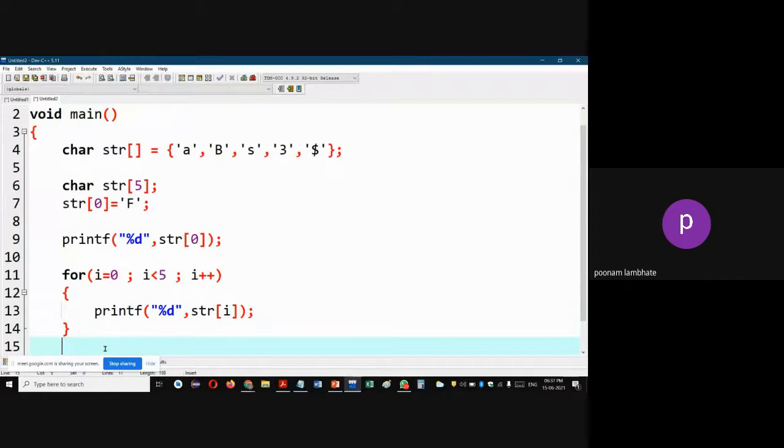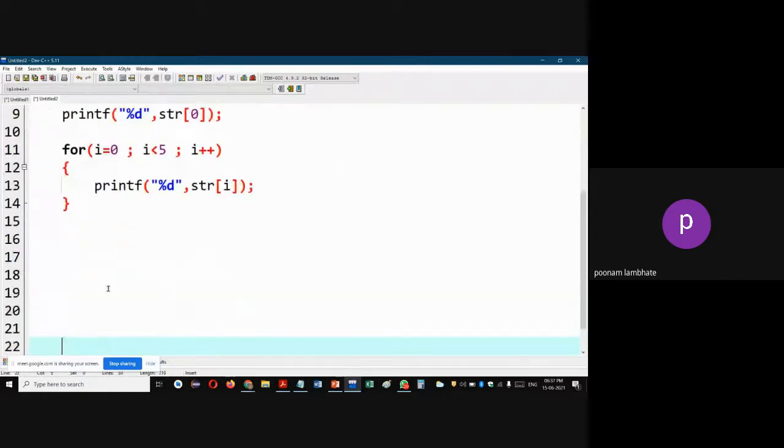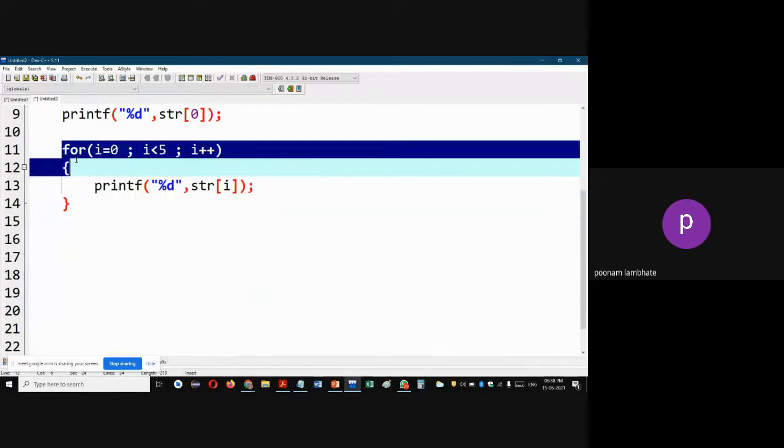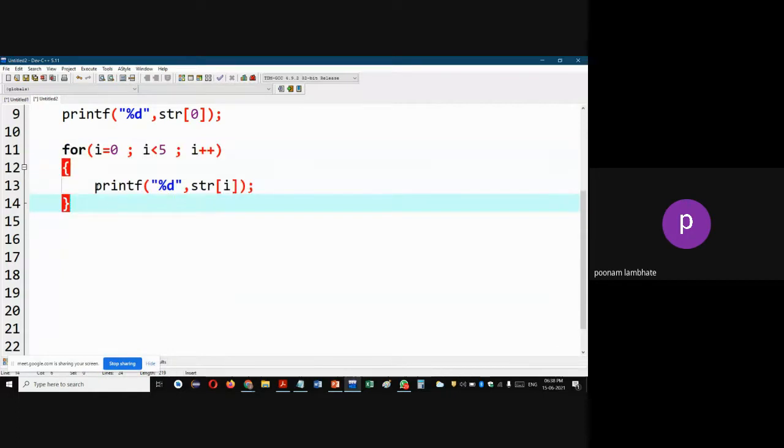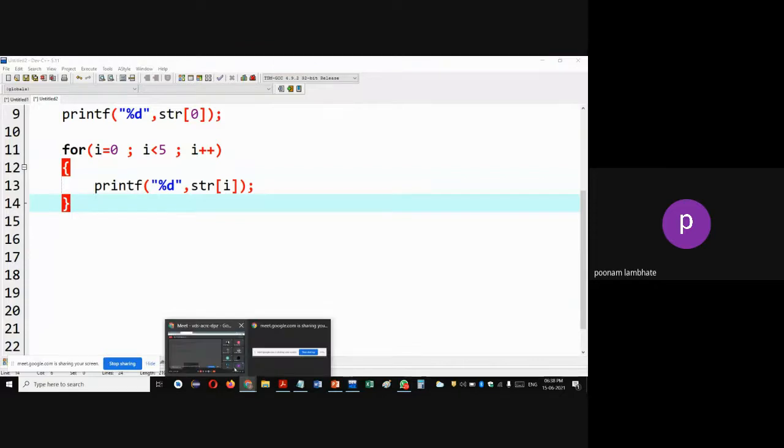Now, there is another approach in which you will not have to use this for loop to print the string. That is why we are using the string with the second approach, because we will not have to use a for loop to display the string like this one by one. That other approach is